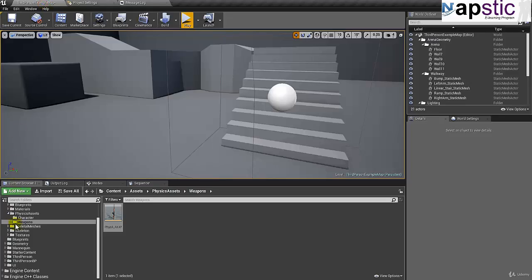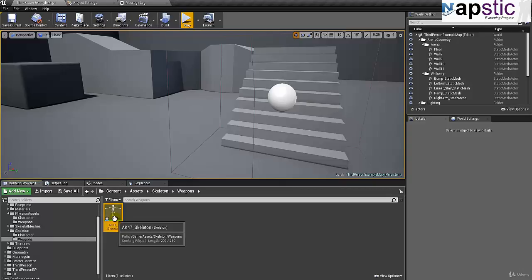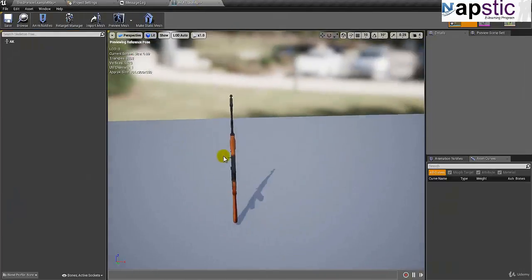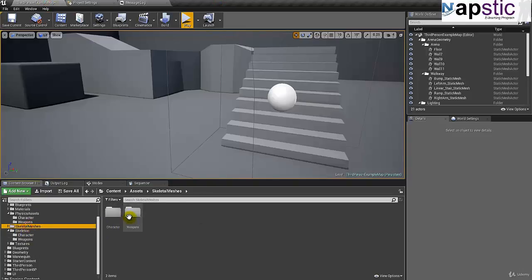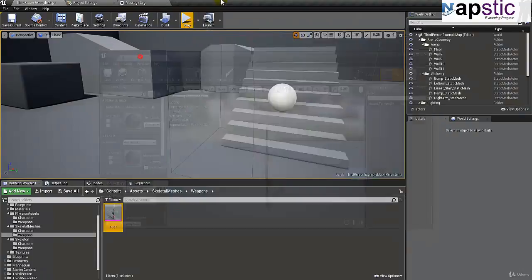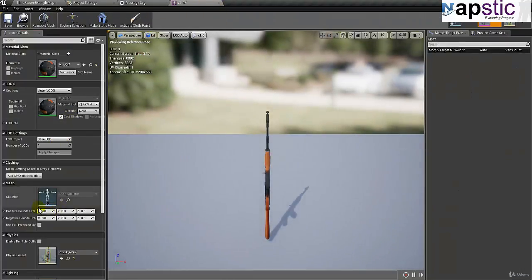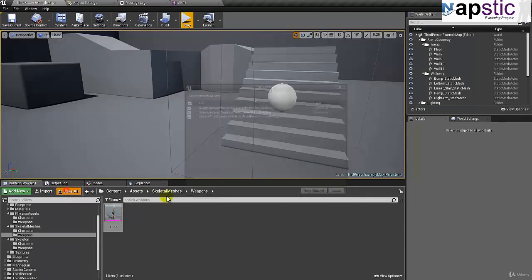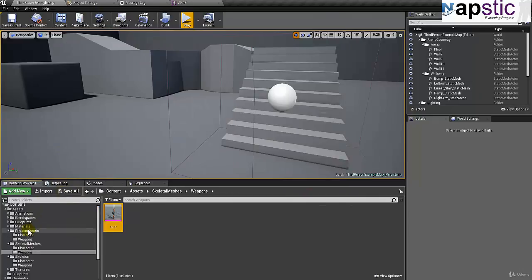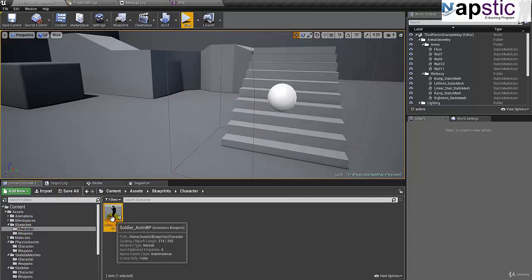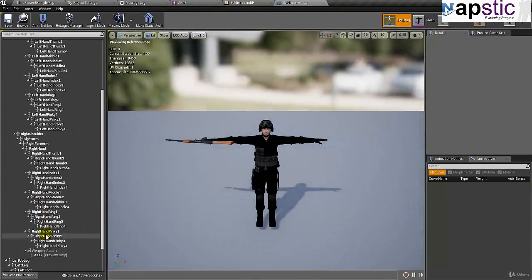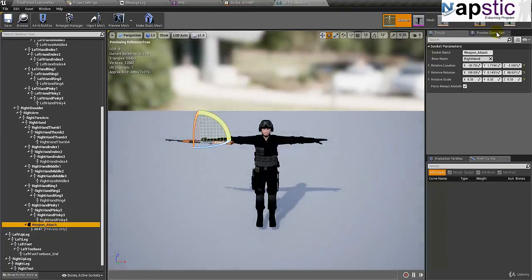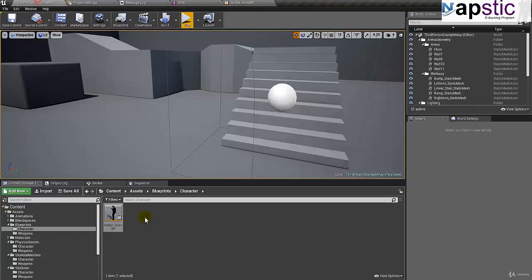And let me just go back to my skeleton and double click on that, and that's the skeleton, which is fine. I'll close that and open up my skeletal mesh, weapons, AK-47. Okay, and out here, it's got the AK-47 skeleton. Everything is fine. I'll just save all and look at my blueprints, character, anim BP, and if I look at the skeleton, and take a look at the weapon that is attached, everything is fine. Let me go back to my weapon base,